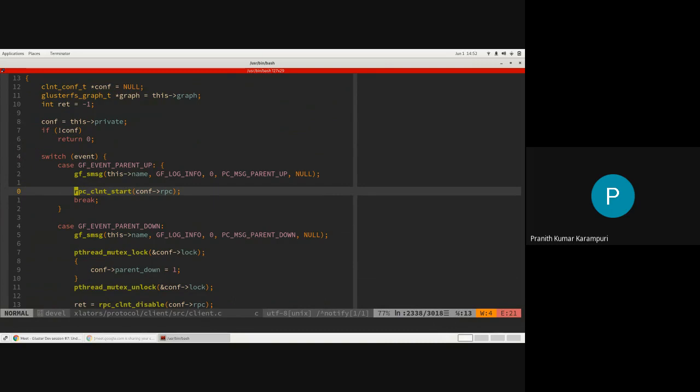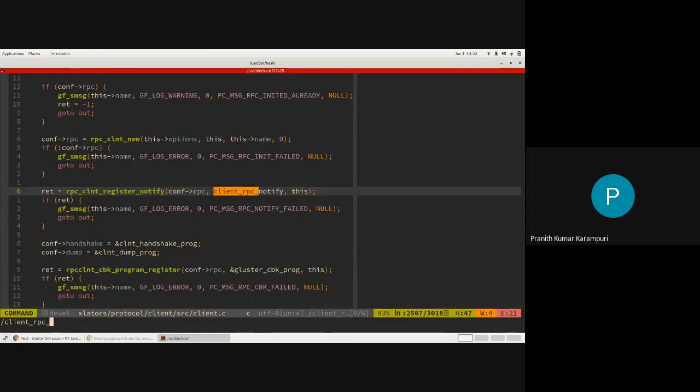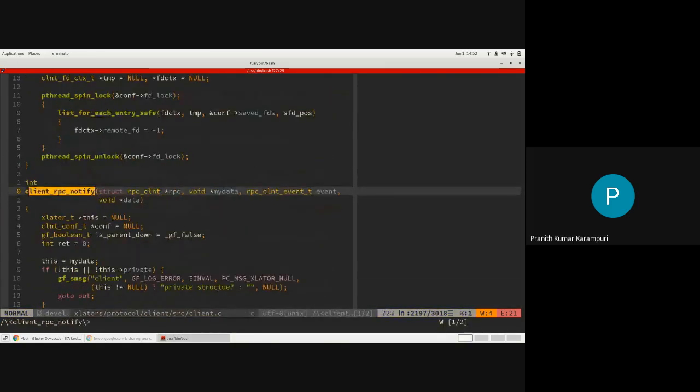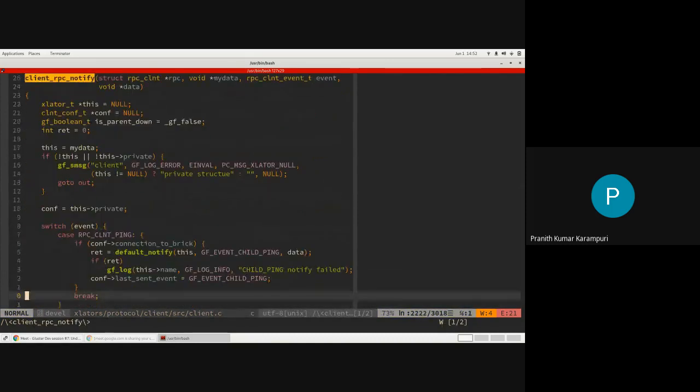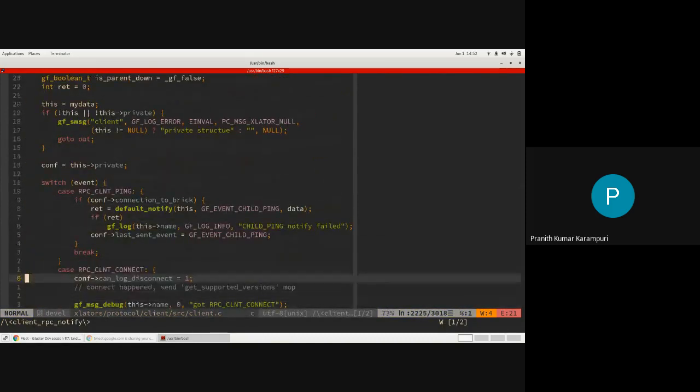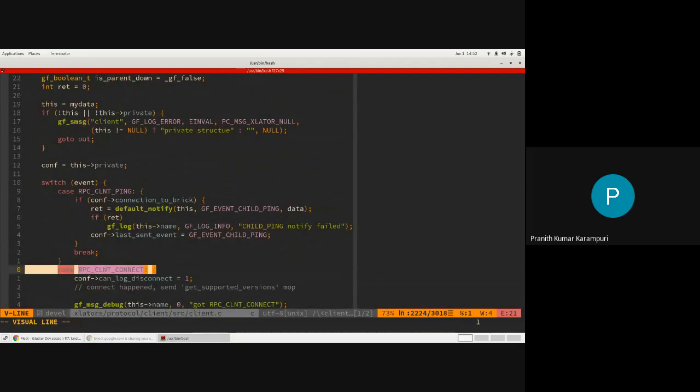Once the socket connection is established between GlusterD on the remote host and this client, then client RPC notify is invoked with the event that the RPC client has connected.